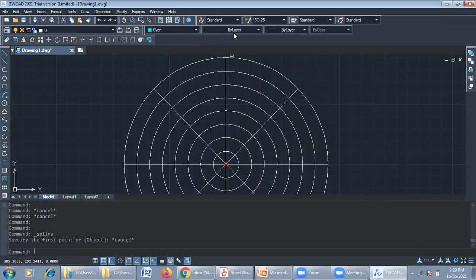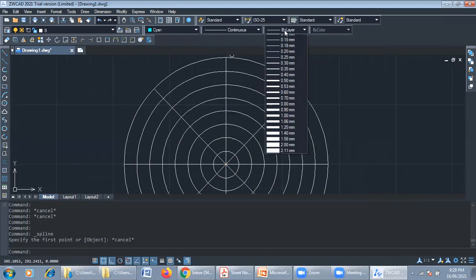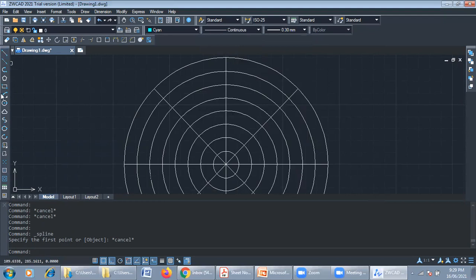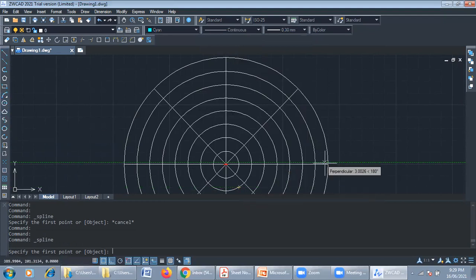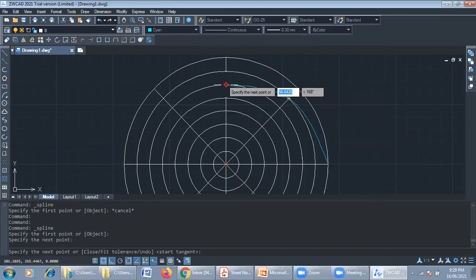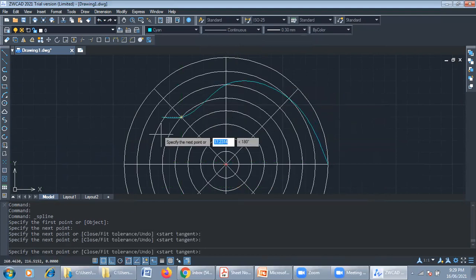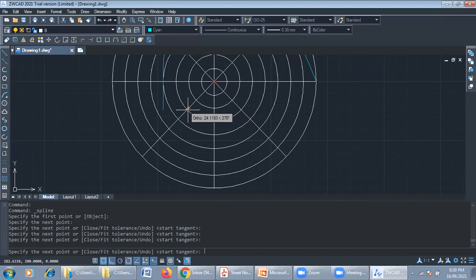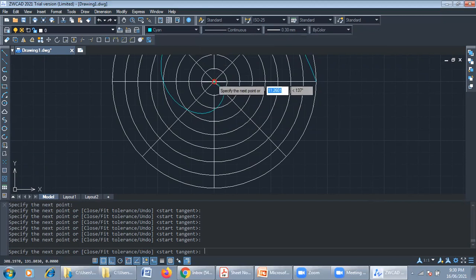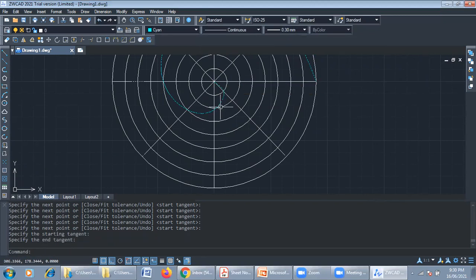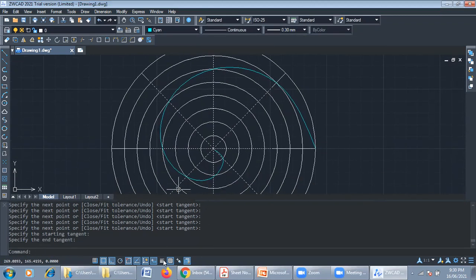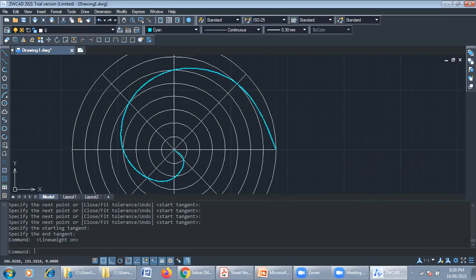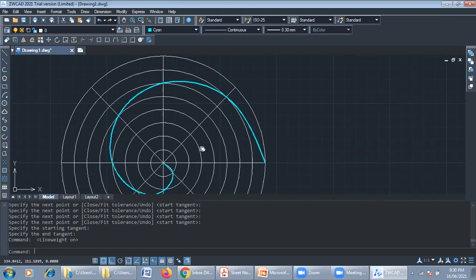Most importantly, we should select the line type continuous, thick, and go to the spline, and from the starting point trace the points of the curve as 1, 2, 3, then 4, 5th, 6th, 7th, and this one 8th. Double click, and it will be your spline curve. Make the thickness on, and it will be your Archimedean spiral curve.